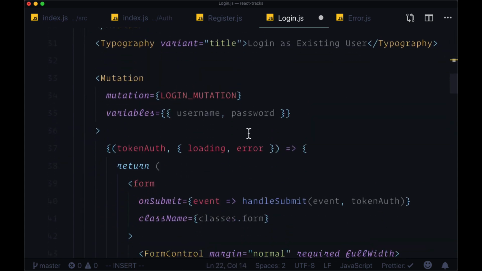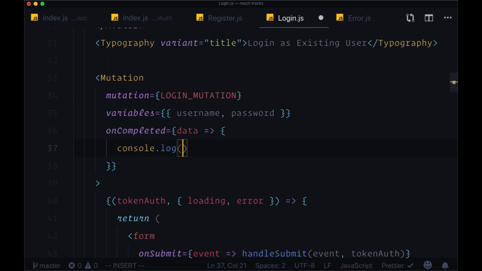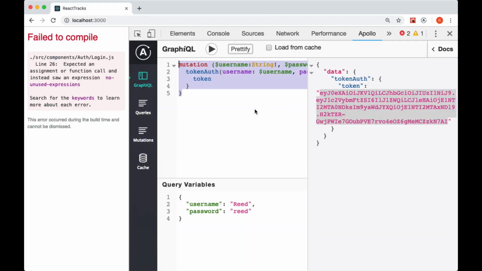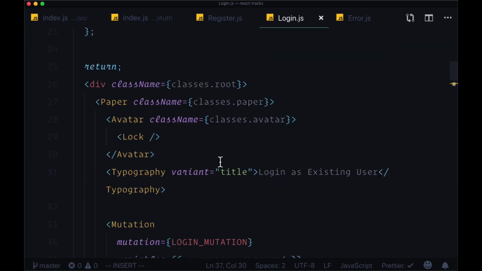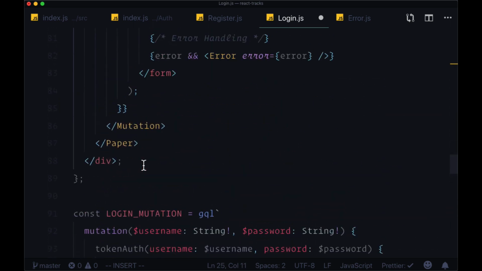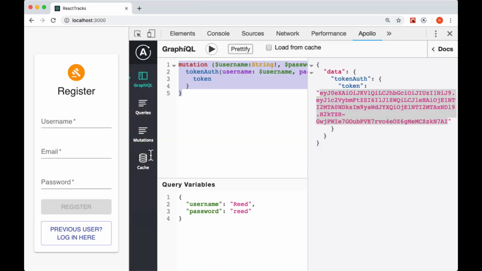So if we add back onCompleted and get our data from a successful mutation, when we save login, first of all, it looks like I made an error on line 26. I forgot to add the parentheses correctly. When we save login.js